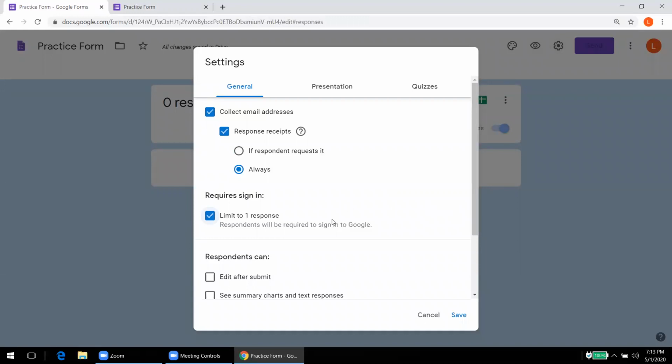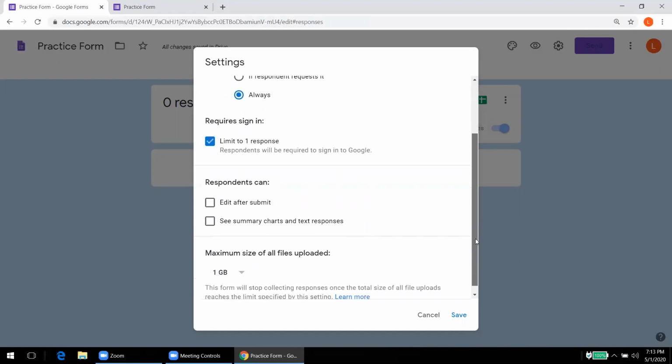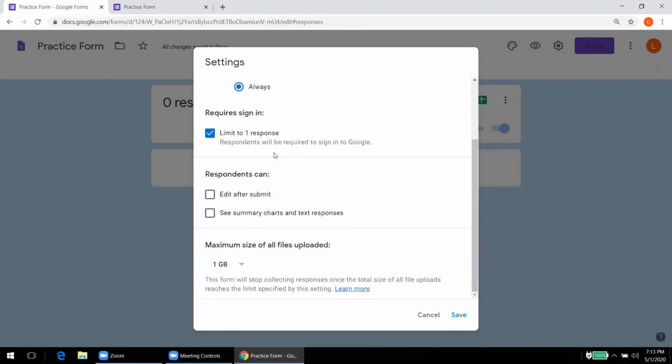But for this especially, one point to note is that the student should have a Google account. If he is working from any other account, we cannot enable this. So we should ask the students to respond from their Google account. Now, respondents can edit after submit. Generally we do not want them to edit again after submitting, so we won't tick it.